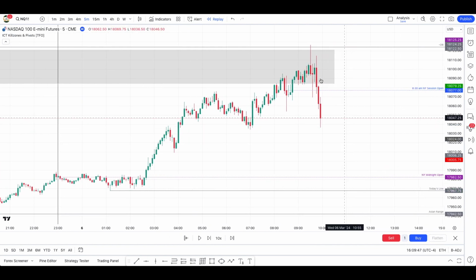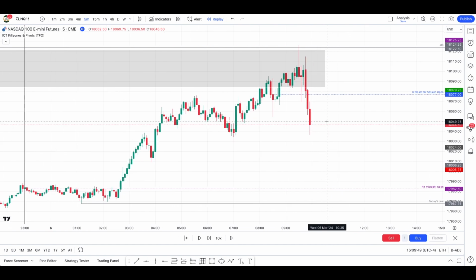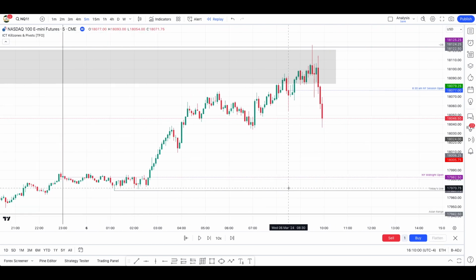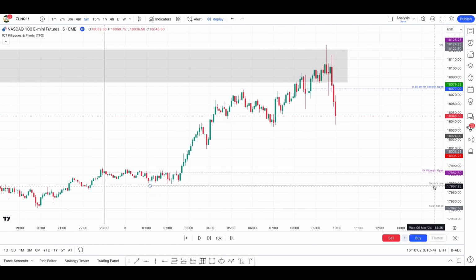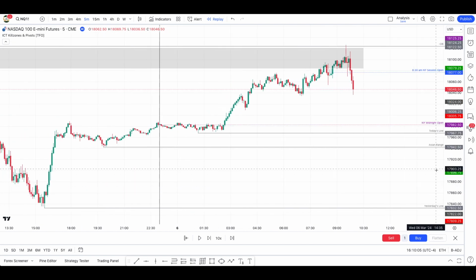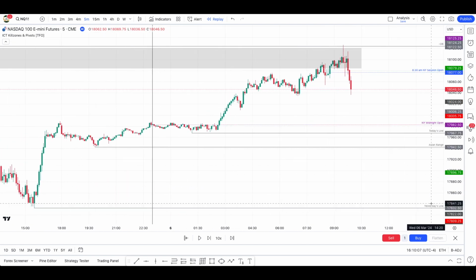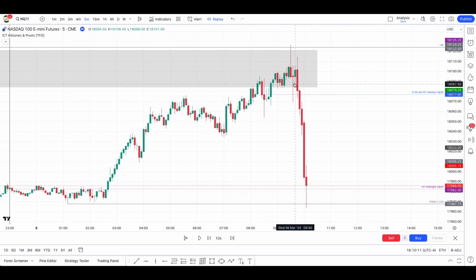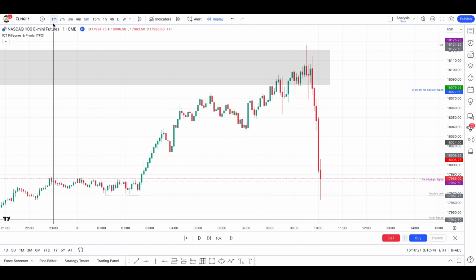Alright, so after that, we just continue right back down. I'm seeing a breakout structure right there also. We have a fair value gap here and here, but this is not something I'm looking to trade. So we might see a retracement and then come back down. But I'm looking for a sweep of maybe the 2 days low, the Asian range low, or yesterday's low. We'll see. No comeback to the fair value gap. So we just went and swept the 2 days low. Let's see a reaction now.